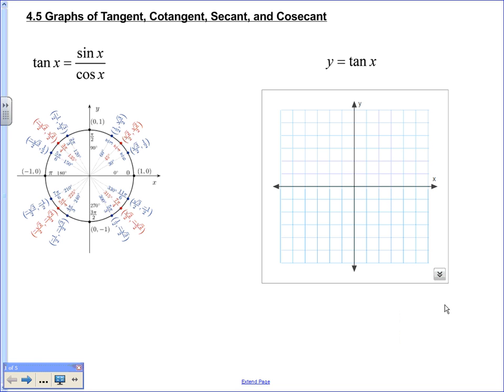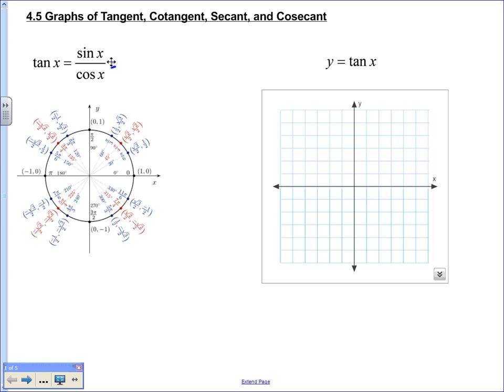All right, we're going to look at section 4.5, graphs of tangent, cotangent, secant, and cosecant. We've already talked about how to graph sine and cosine, so we're going to talk about how to graph our remaining trig functions. So let's start off with tangent, and tangent x equals sine x over cosine x, which